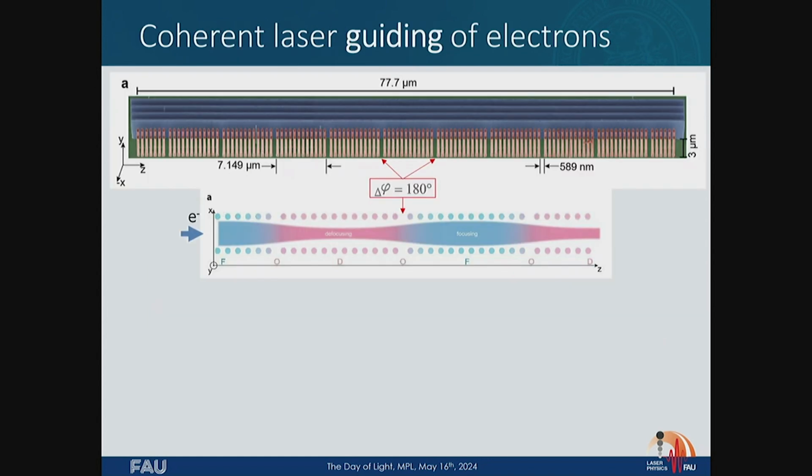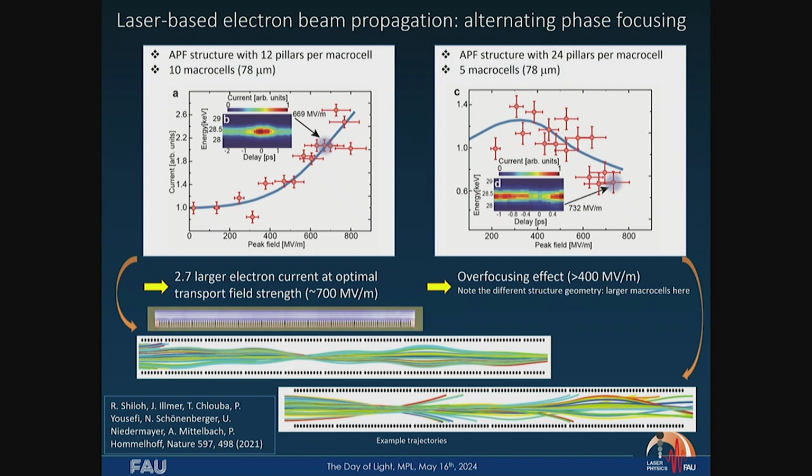That was a big question here in this very institute. We made this beautiful structure a couple of years ago, where we have these gaps in here that do the phase jump. I don't want to bore you too much with data. Of course, please feel free to ask questions. We just see that we get up to a factor of 3 more electrons through when the laser is on. Then we get active beam confining.